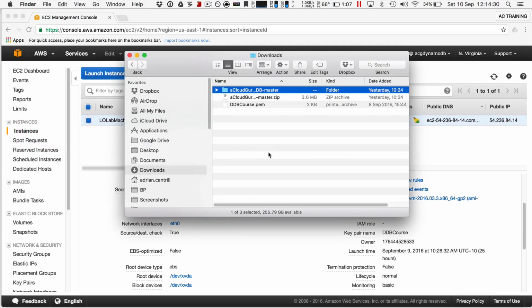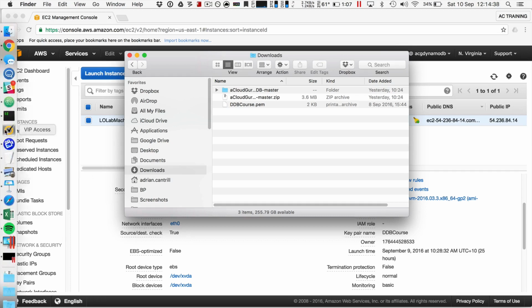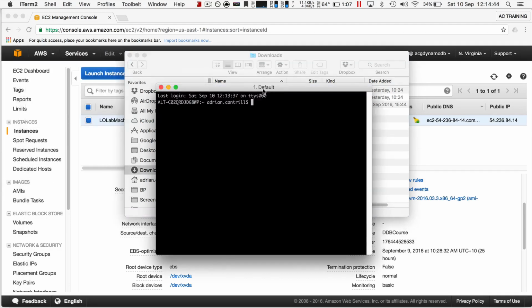So I'm opening a new Finder window, and you can see here that I've got my ddbcourse.pem file, and this is in my downloads folder. So I'm going to open a new terminal window, and I'm going to go cd downloads, and I'm going to go SSH, and I'm going to say